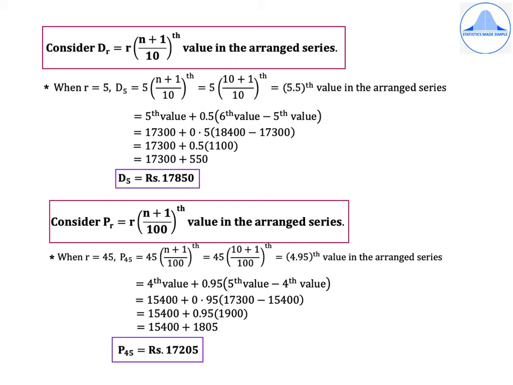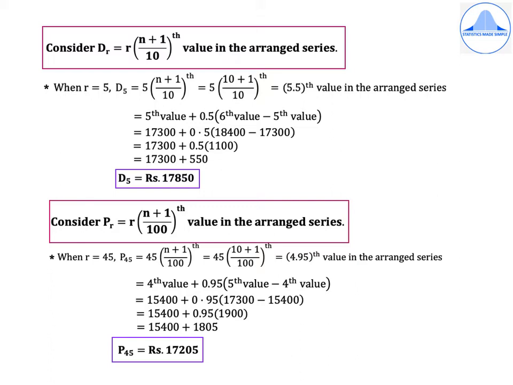Consider the rth decile formula for raw data, that is Dr is equal to r into (n plus 1) by 10th value in the arranged series. When r is equal to 5, we get D5 is equal to 5 into (n plus 1) by 10th, which is equal to 5 into (10 plus 1) by 10th value, that is equal to 5.5th value in the arranged